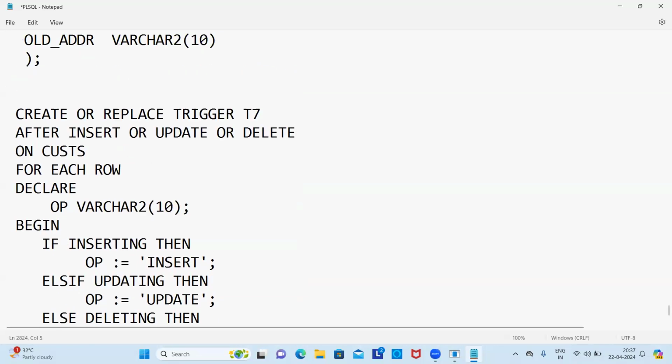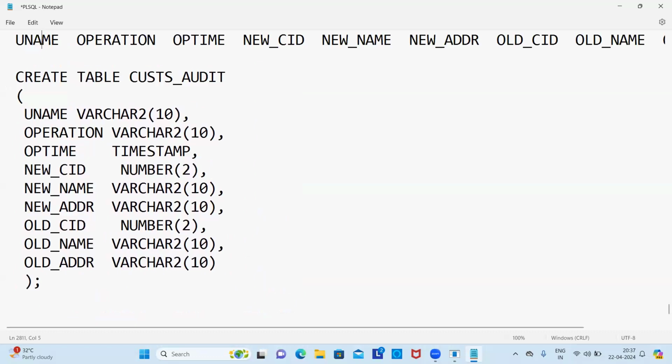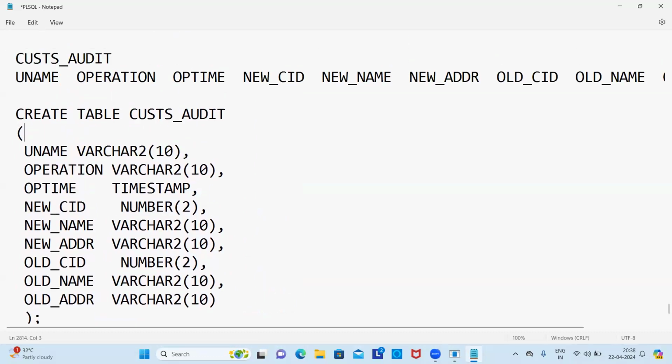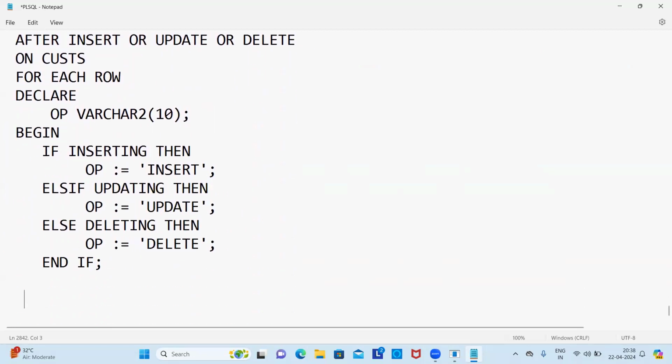Now, what is the actual purpose of creating the trigger? Whenever a user inserts or updates records into the table, I want to insert the details into the audit table: which user, what operation, at what time he did it, and what record he inserted. So now, insert into customer S audit